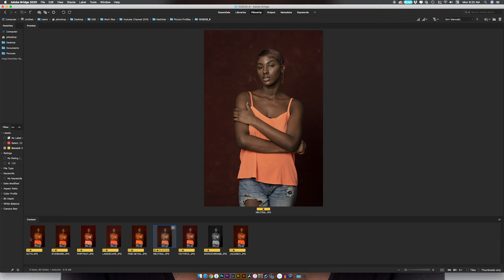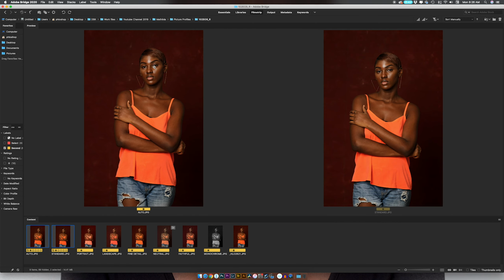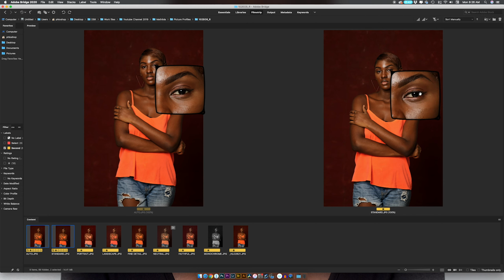One thing I also want to look at is sharpness, because some of these custom profiles have different levels of saturation, contrast, and sharpness and all that. So I just want to see if it's embedded in the JPEG as well. So I'm going to start off with auto and standard. I'm going to zoom in to the auto image and do 100%, and do the same thing to the eye of the standard. Now you can see that the standard obviously is a lot sharper than the auto,